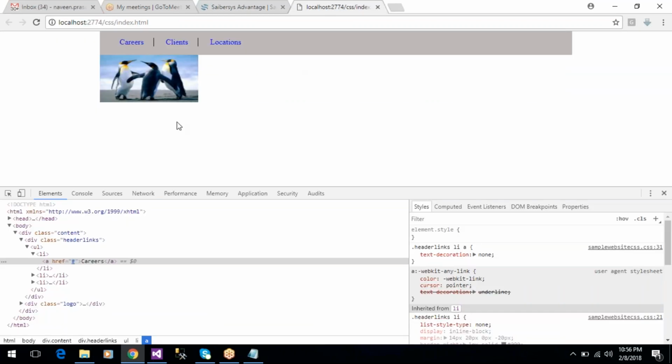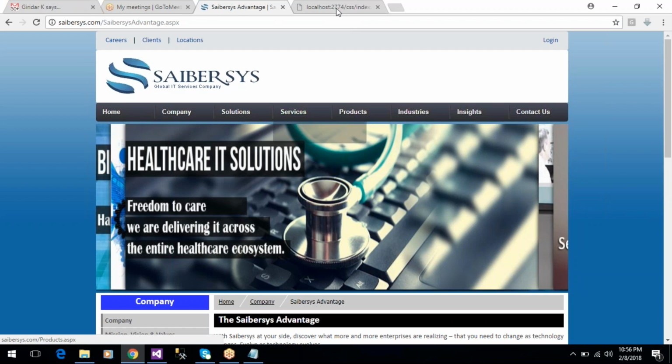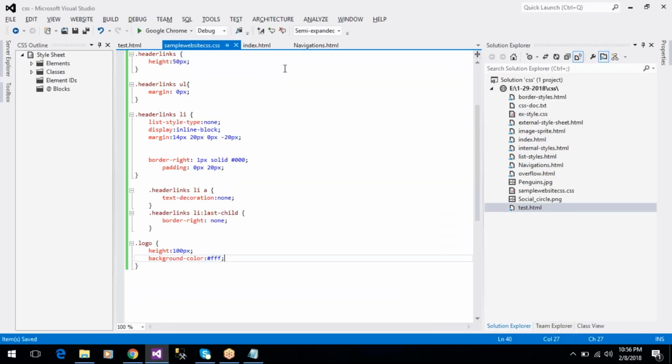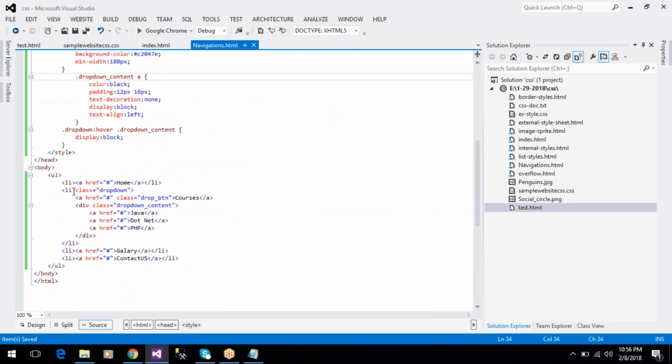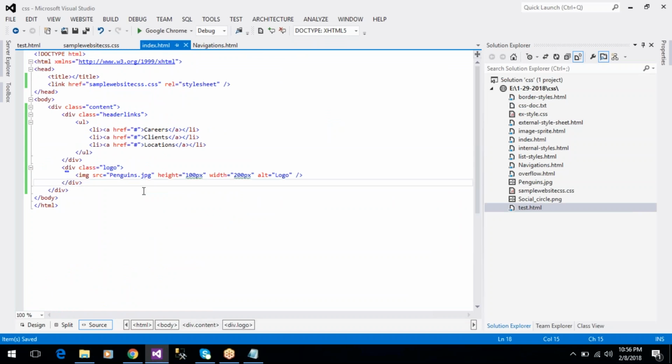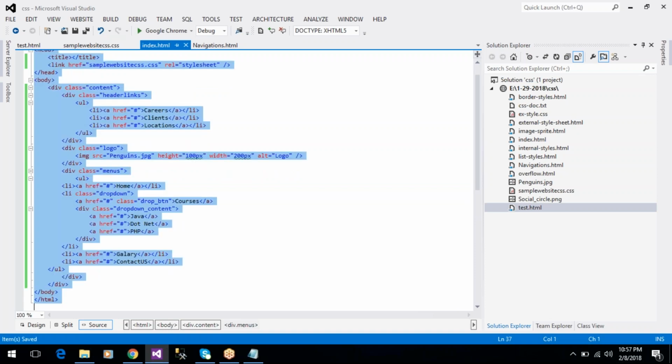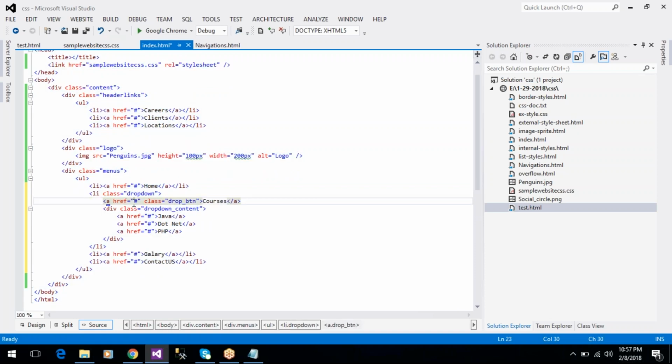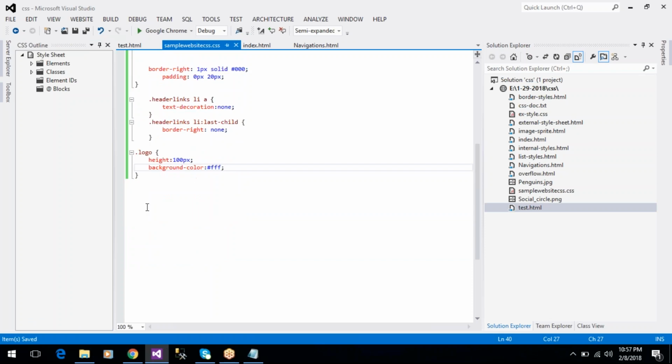Okay, and after that we can implement menus. So already we implemented navigations, so we can add this menu in our example. So I add one div tag, class menus. In this menu class we can include this menu. So we have to implement this menu class, dot menus class,